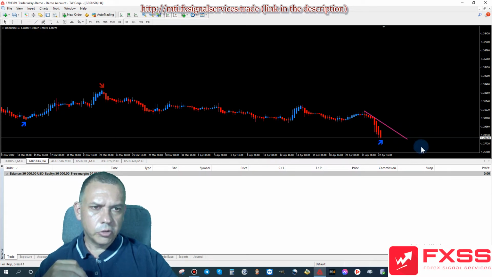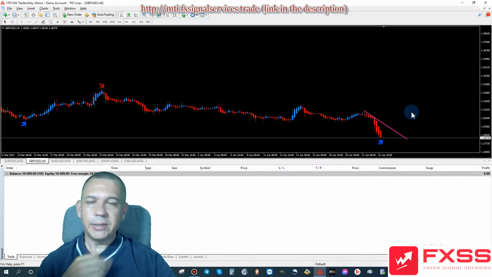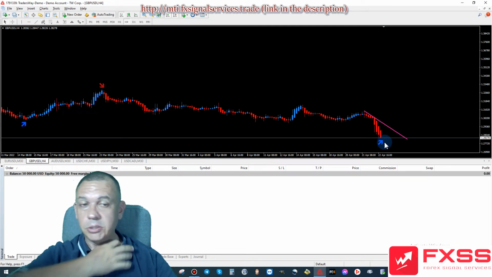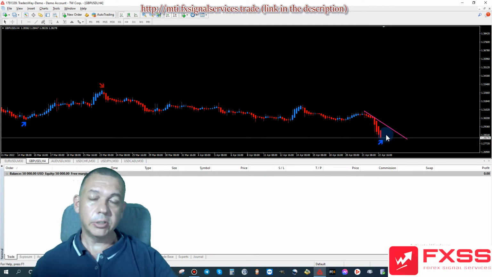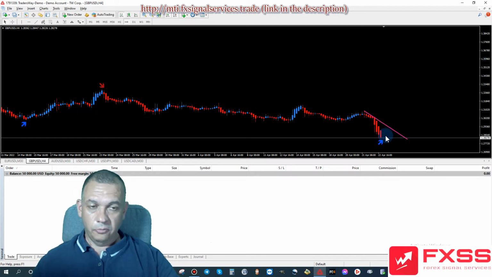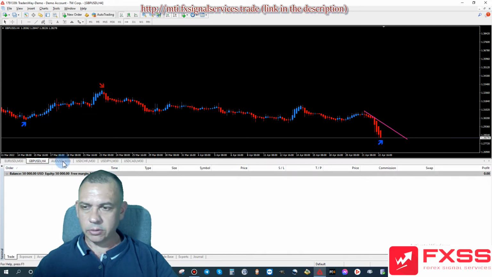Okay, draw a trend line like that. I would say we need it to break before we actually go place any trades. What's going to happen is the price is going to ride sideways, maybe even drop a little more, but eventually it's going to break that and go up. This is a 4-hour time frame, so it could take a day or two, a couple days for that to break. So be patient. We want to buy the GBP USD this week, but we need to wait.